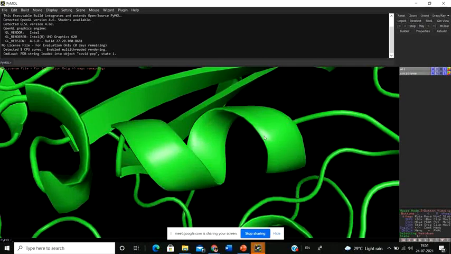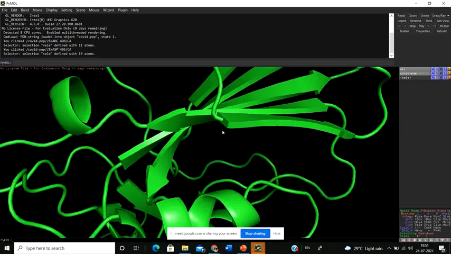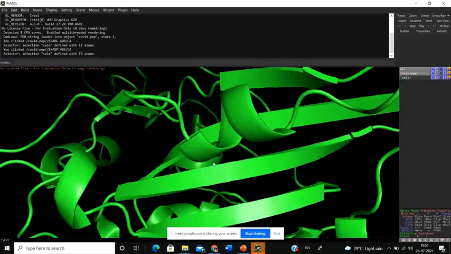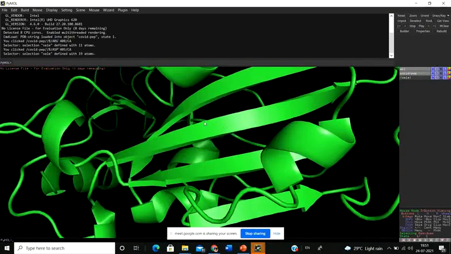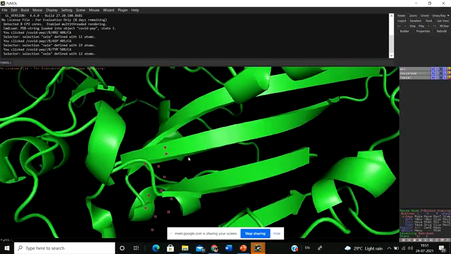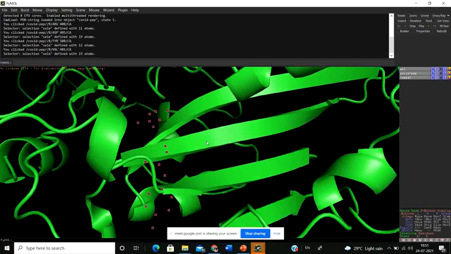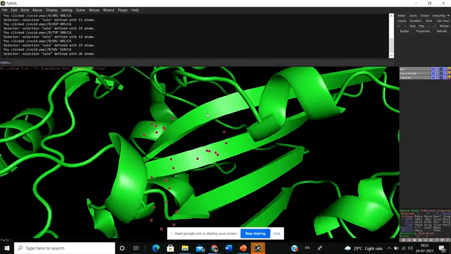The amino acid participating in this alpha helix forms a hydrogen bond with an amino acid participating in this alpha helix only, but not in the beta sheet. In beta sheet, they tend to form hydrogen bonds between different chains. This amino acid is going to have a hydrogen bond with this amino acid on this chain, while this amino acid on this chain is going to have a hydrogen bond with this amino acid on this other chain.